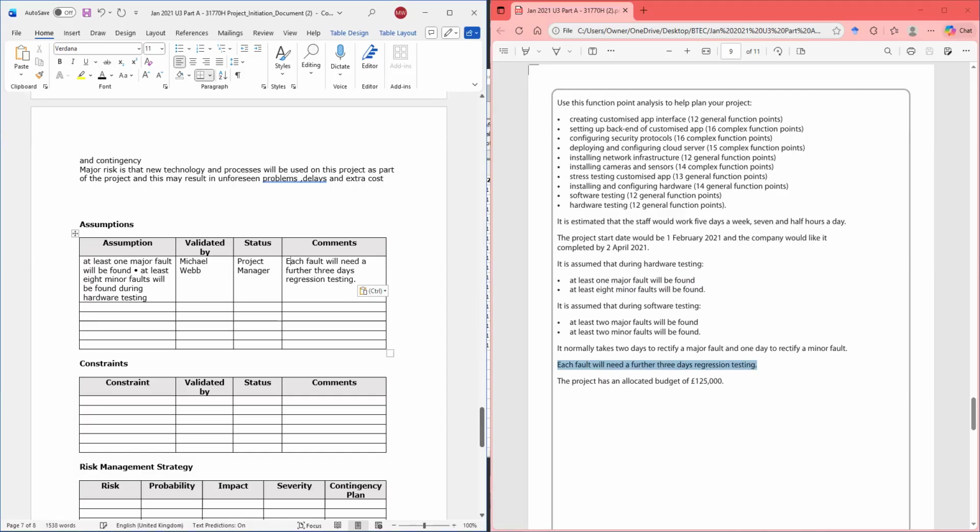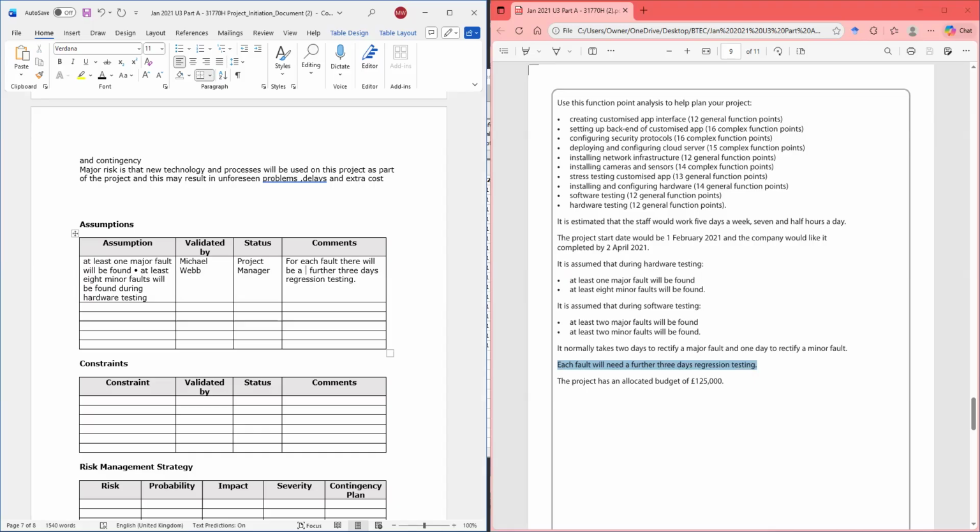So instead of having that, we just do, sorry, command E, for each fault, there will be a further 3 days of regression testing.